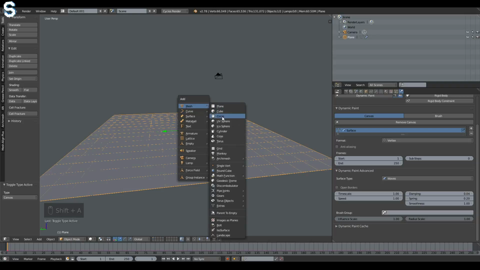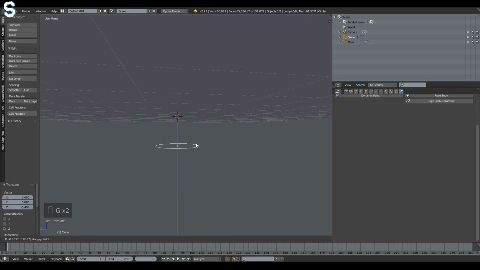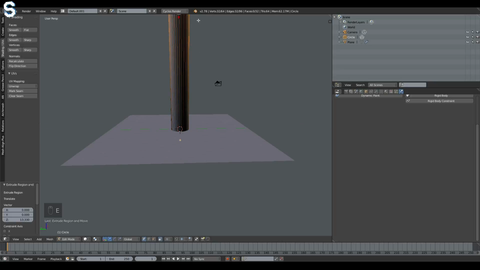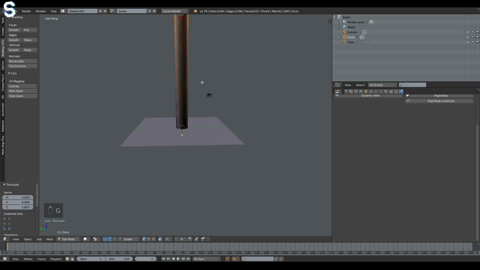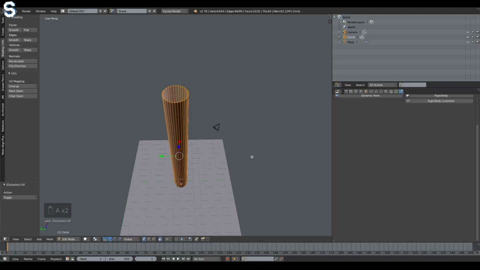So add in a circle, move it downwards a little bit so it's below the surface, maybe a little bit more, like so. Then go into edit mode and extrude this upwards, like so. Then make sure you select everything by pressing A once or twice and make it a little bit thinner,